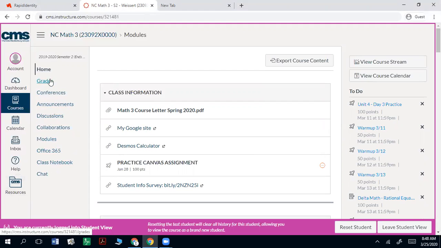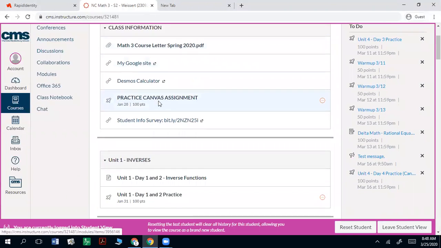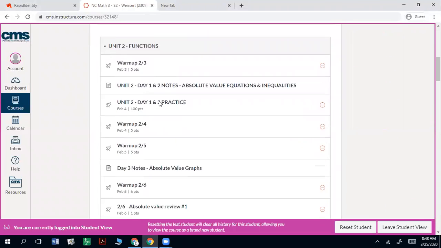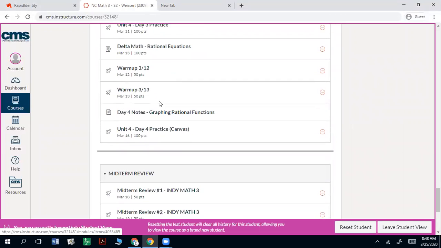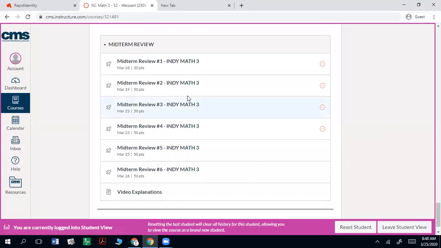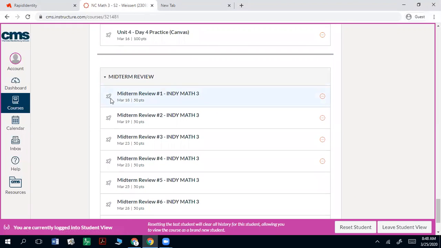But what I usually have is just modules that you can scroll down through. And I'm going to take it down to the last things I have posted so far, which are midterm reviews. And I have 6 of them that are posted to Canvas. And they're all the Canvas quizzes, they're called. It's not formal or anything, but they have a little rocket ship on there. And if you click on that,